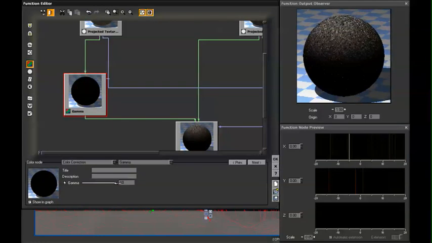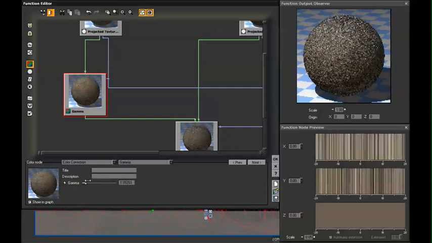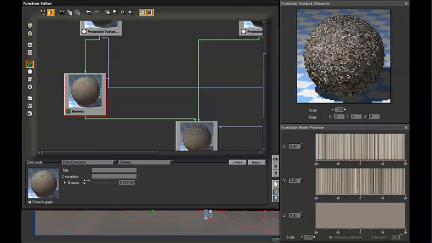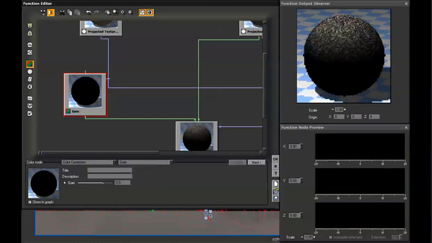Once we move to these really high values, you'll notice it pretty much turns black. So gamma can be something that's very touchy, but also very useful for darkening and brightening certain surfaces in a very uniform fashion. We also have the gain,